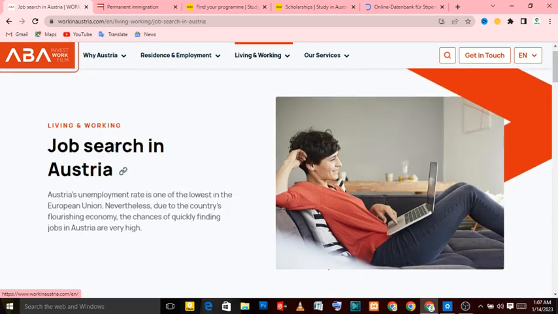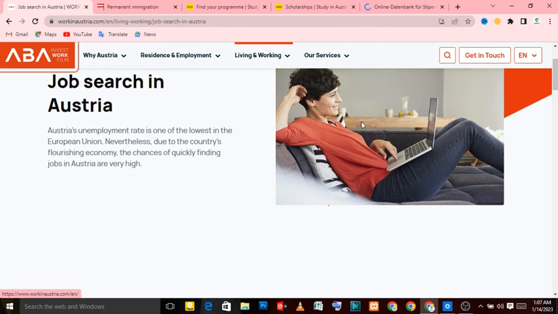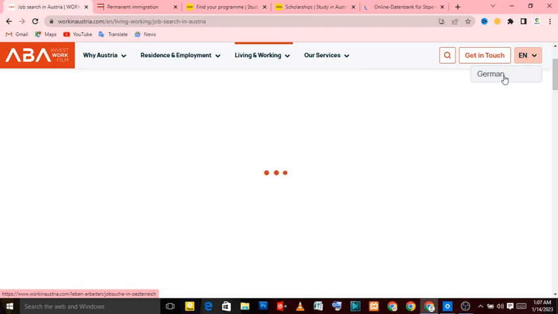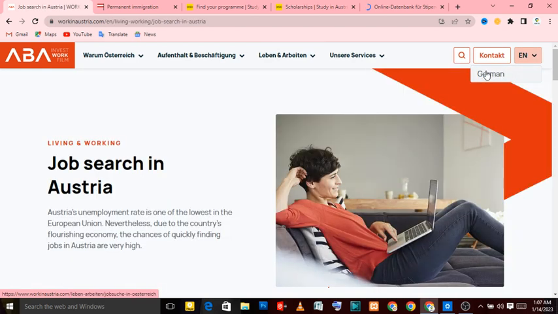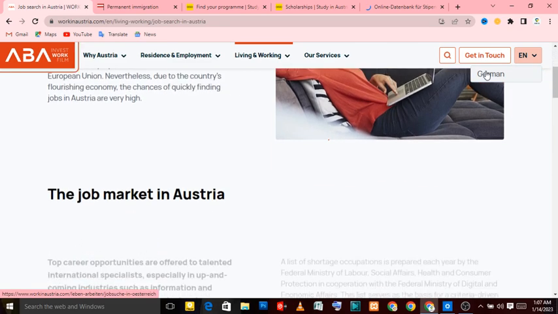When you are in this tab, if yours is showing German, always remember to hover your mouse down to this place where they write EN or DE. Yours might open like this. Don't panic, you are on the right site. Just go down here and you see English and you select it, and it will translate to English unless you understand German. So we come down